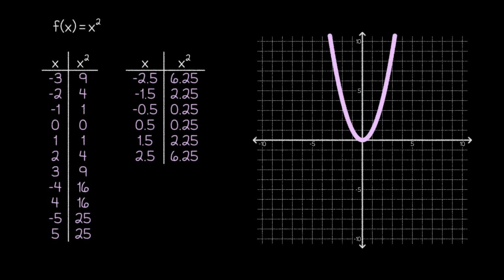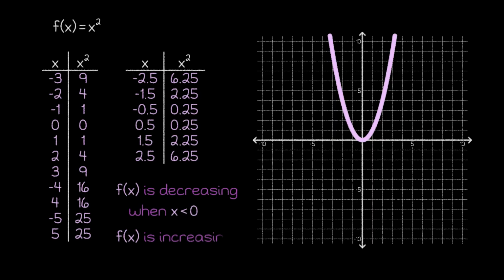Once we do that, we can officially see the final shape of the graph, which is called a parabola. One key feature of a parabola is the vertex point that we just discussed. In this case, the vertex is at the origin of the graph. Another key feature that we've already mentioned is the fact that the graph is going downhill when x is negative and is going uphill when x is positive. We can formalize this language a bit by saying that the function is decreasing when x is negative and increasing when x is positive.